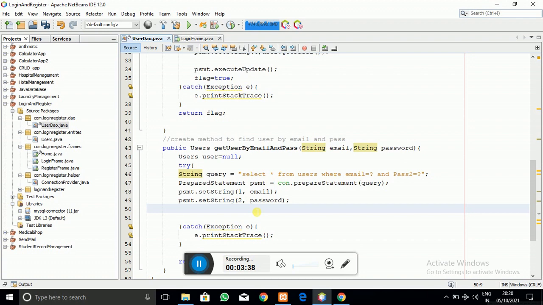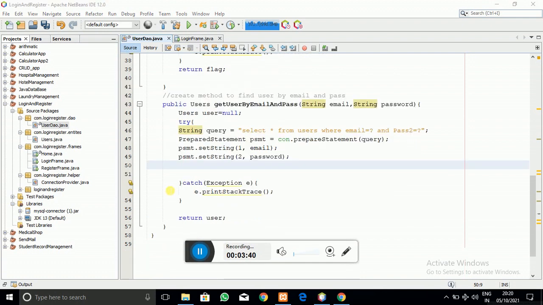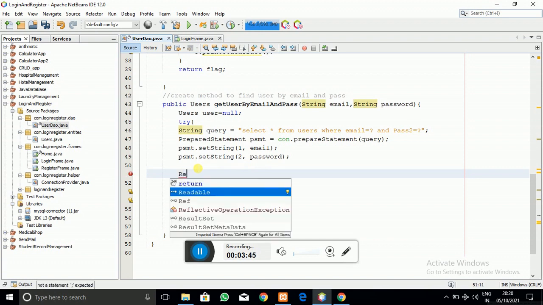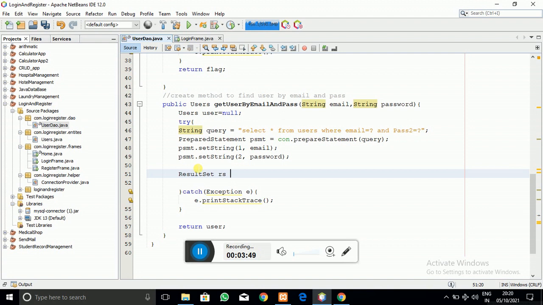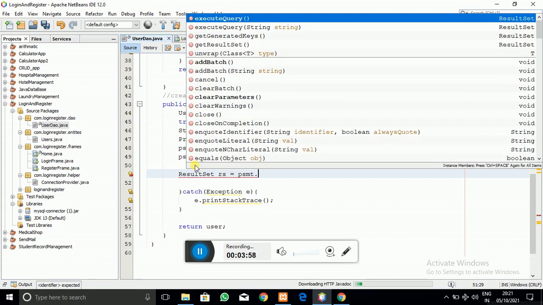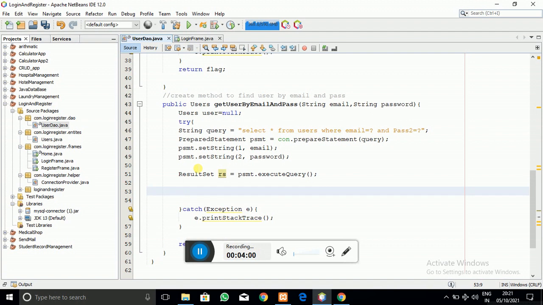Now I am going to create the result set object to store the result of this query. To fetch that, I am going to use psmt dot execute query, and the result of this is going to be stored in the result set object.